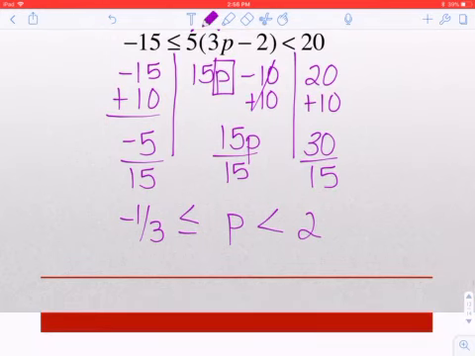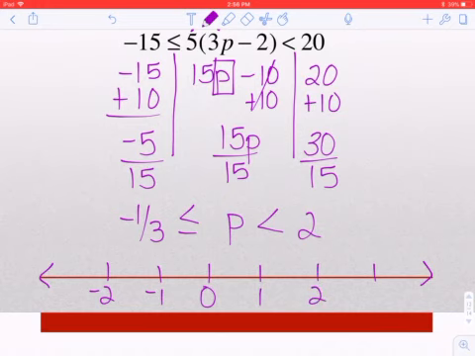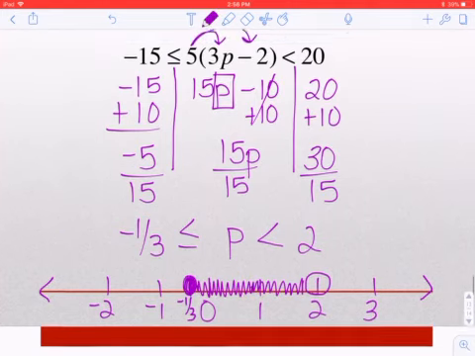So from here, to graph this on a number line, I'm just going to use this red line as my number line. To graph -1/3, I would just estimate that that's in between 0 and -1. We'll have a closed circle at -1/3. I have an open circle at 2. p is everything bigger than or equal to -1/3 and smaller than 2. Remember, ands